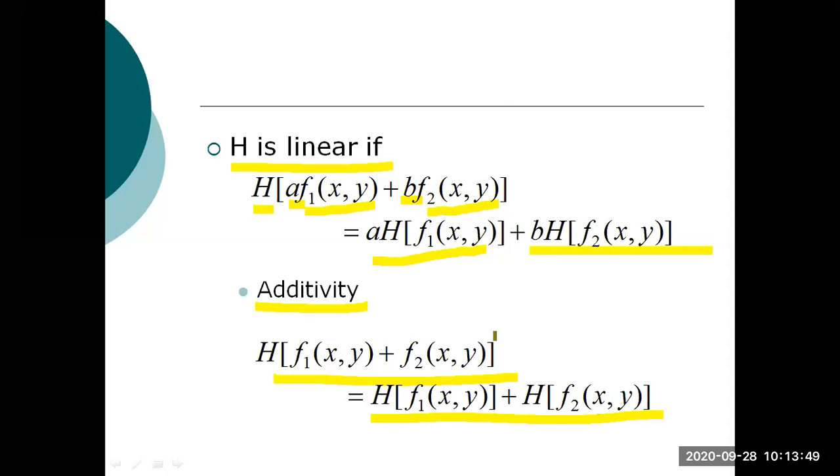So completed. Linear, position invariant degradations, that is the main topic. In that, write the first condition, that is the output. Let us consider f of x comma y is 0, and the remaining g of x comma y is given by capital H of f of x comma y. This expression shows how it is linear and how the additivity condition is satisfied. So with these two conditions, the system is additive and also linear.